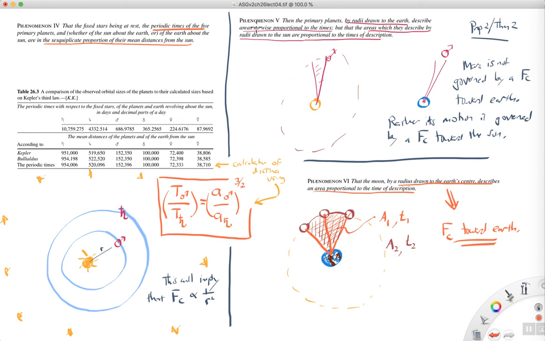There's a centripetal force that is pulling the planets toward the sun, and all this is going to be used as evidence for his universal law of gravitation. In the next chapter, we will